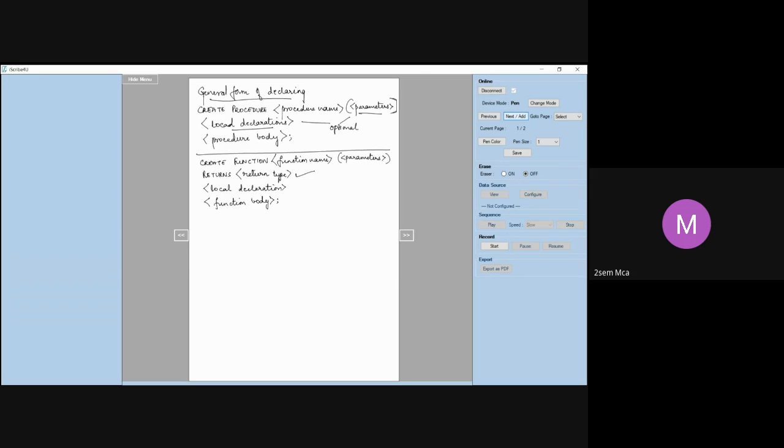Here also, parameters and local declarations are optional. If you are passing parameters, you can give them, otherwise you can drop them. If you are making use of any local variables, then declare them in that function, otherwise you can drop it. Now, I told you that stored procedures and functions you can write either in a general purpose language, that is a C-like language.